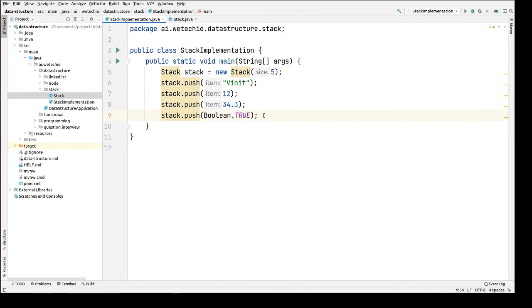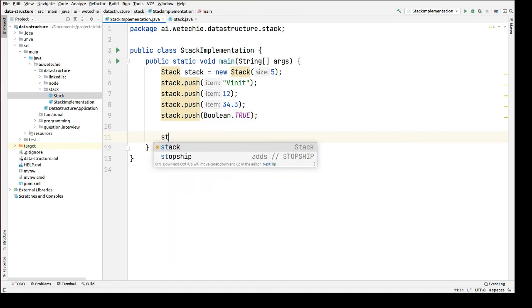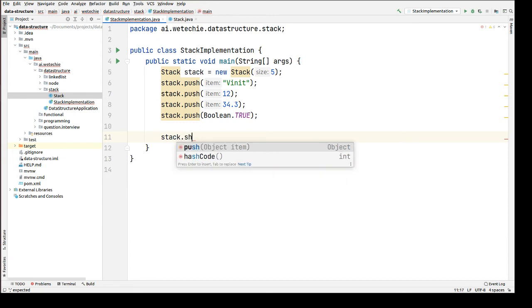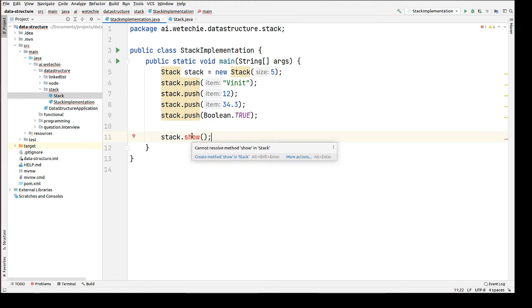Now we have to show whatever there is in the stack, right? So there is stack dot show. There is nothing called show, or display, because we have to print the elements of the stack. So let's call show. Okay, let's create this method.